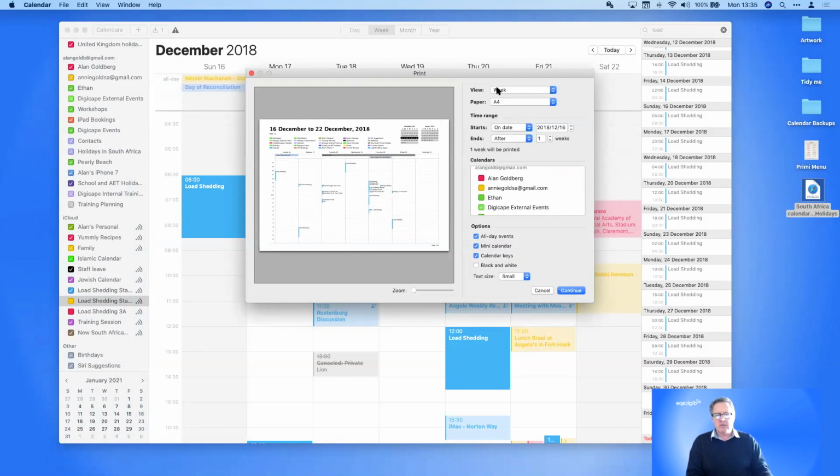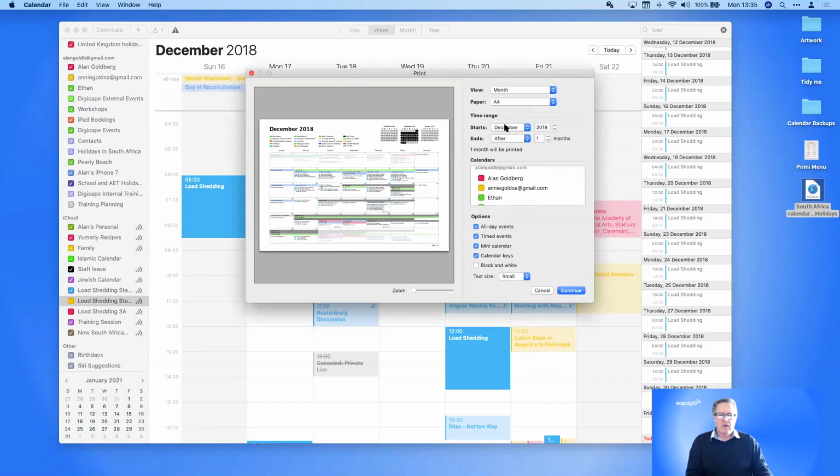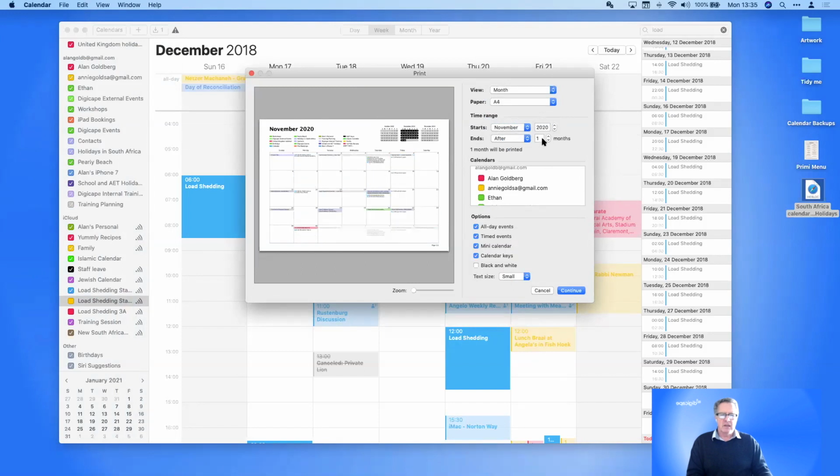So I can say, okay, I want a week view. No, maybe I don't. Maybe I want a month view. The range, I want this to start on, let's say, November 2020. Give me 3 months. Give me the calendars that I've chosen and include all-day events. If I exclude all-day events, you'll see some are disappearing, some are reappearing. Timed events, which are normally your meetings, show or hide them. Mini calendar, hide the little mini calendar up at the top. Show me the key